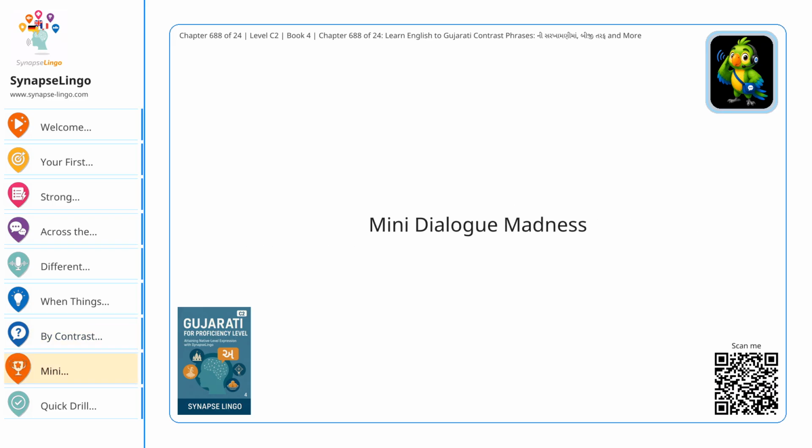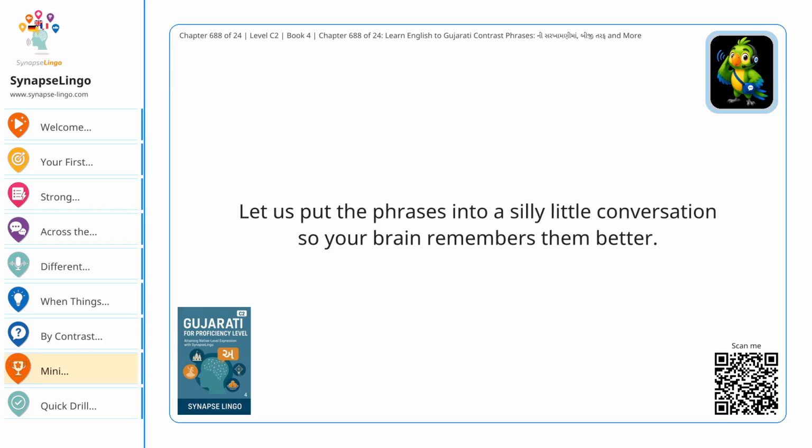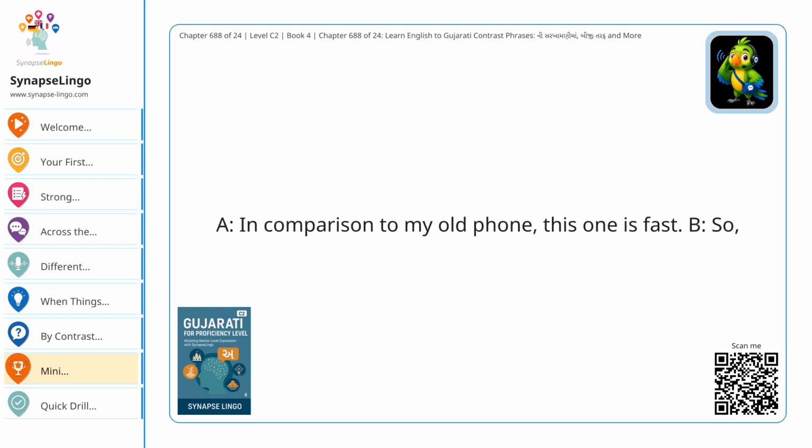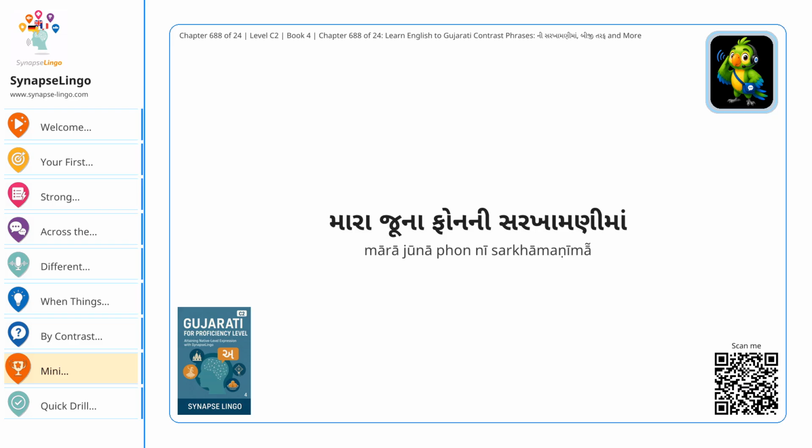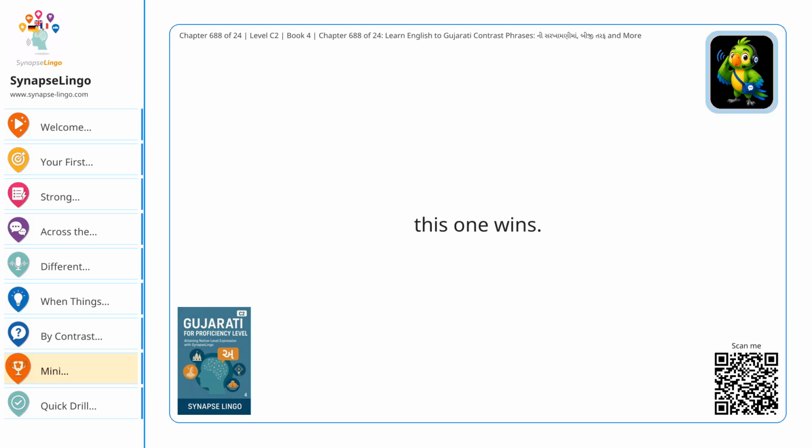Not a literal hand, thankfully. Mini dialogue madness. Let us put the phrases into a silly little conversation so your brain remembers them better. A. In comparison to my old phone, this one is fast. B. So, મારા જૂના ફોનની સરખામણીમાં this one wins. A. Yes, but બીજી તરફ the battery is terrible. B. Ah, so it is good in one way and bad in another. A. Exactly. And તેની સરખામણીએ